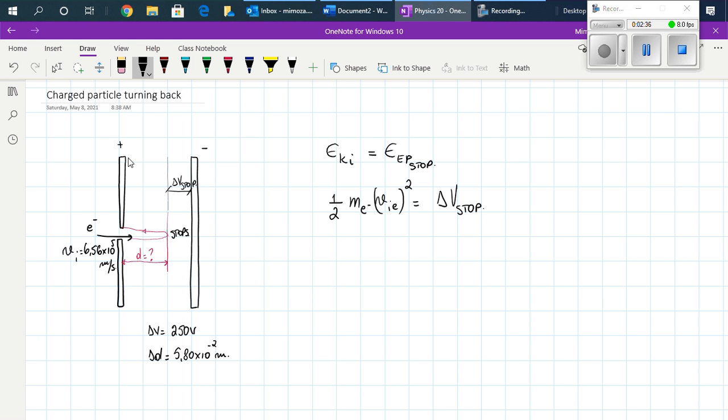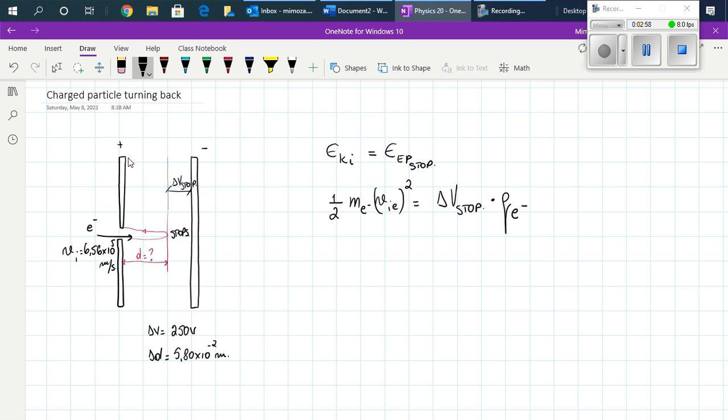Because the change of voltage is measured from the negative charge up to a line that is parallel to the negative charge, and that will be the delta V, the change of electric potential,